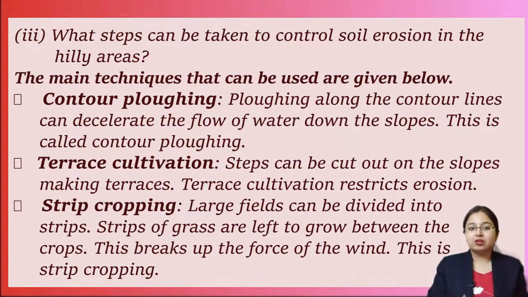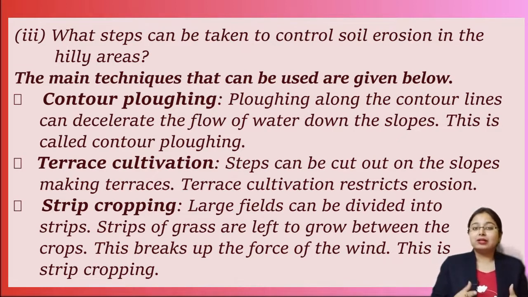Cultivation will be done in hilly areas, but along slopes, and that way plowing or cultivation can be done so that the fertility is not removed, and even if it is removed, that fertility comes to the next slope. That is the main motive of contour plowing.